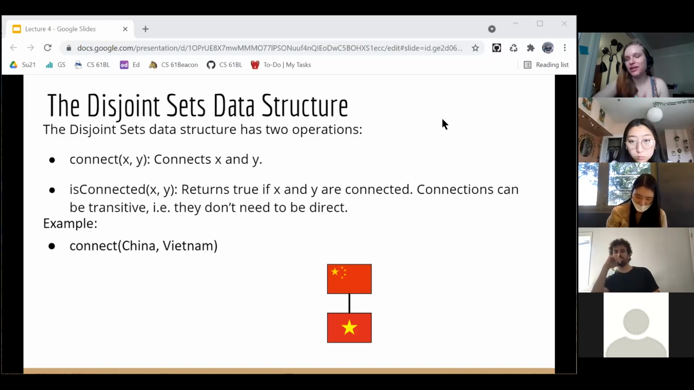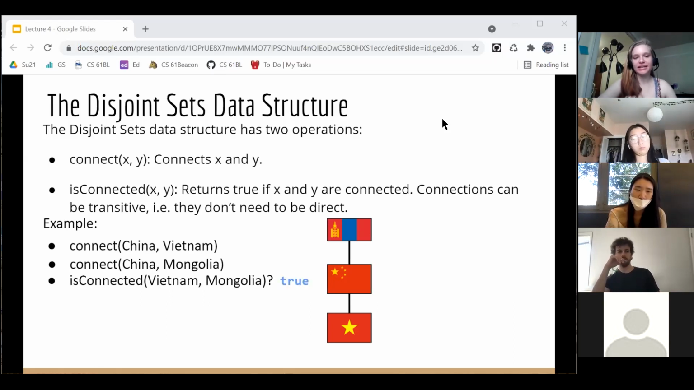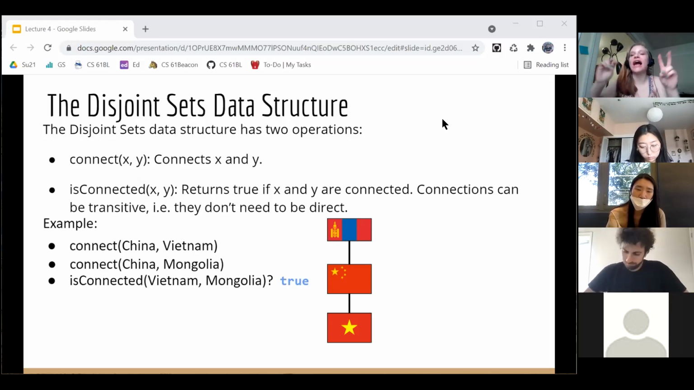So now let's just walk through a quick example. Let's say that we connect our two countries, China and Vietnam, and then we also connect China to Mongolia. If we ask the question, is Vietnam connected to Mongolia? Well, via the transitive property, right, we have a path that we could walk through. There is a way to start from Vietnam and end up in Mongolia by only taking valid edges, so basically pieces that are actually connected together. So that's why this would